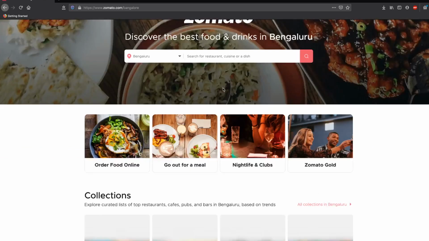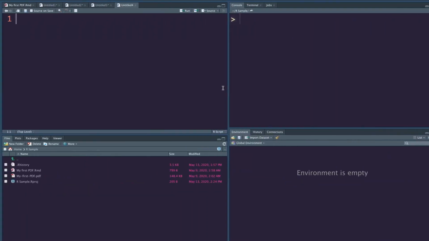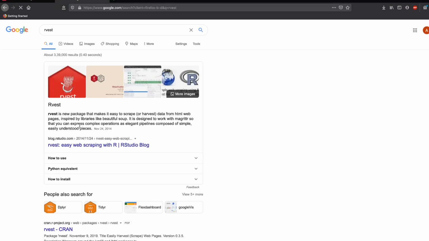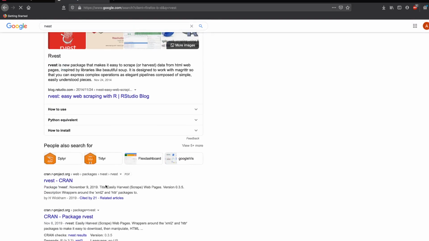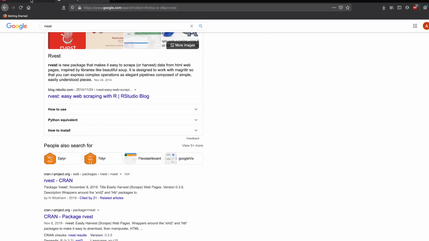So first, before we start, you need to know about the package that we are going to use. The package that we are going to use in this case is called rvest. It's a package in R that will help you do web scraping. It usually comes as part of Tidyverse. If you do not have that package, please make sure that you have it. So you can check it by loading rvest. So you can see that the package has been successfully loaded, so I don't have a problem with that.